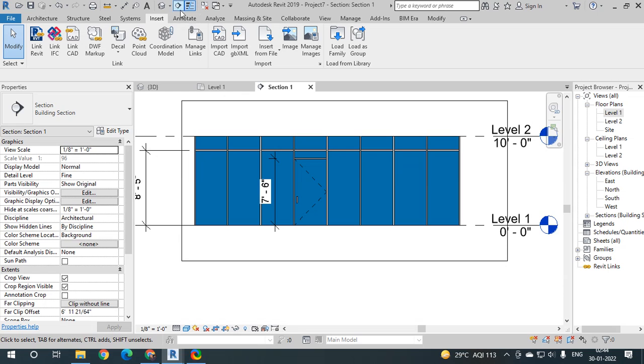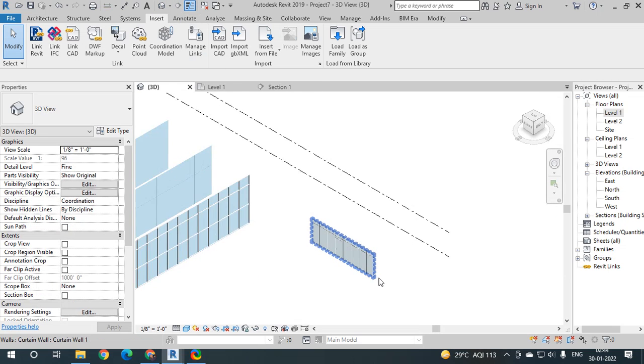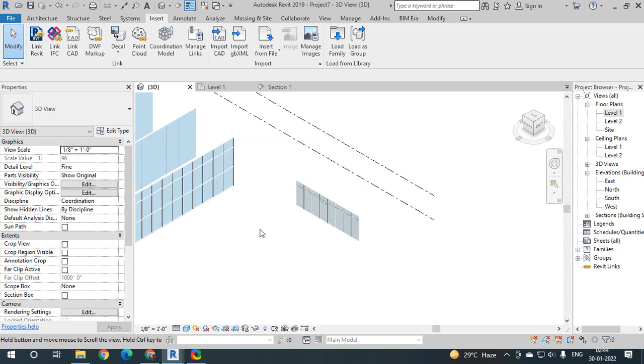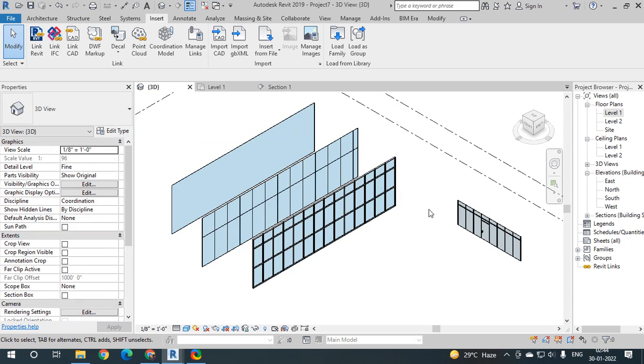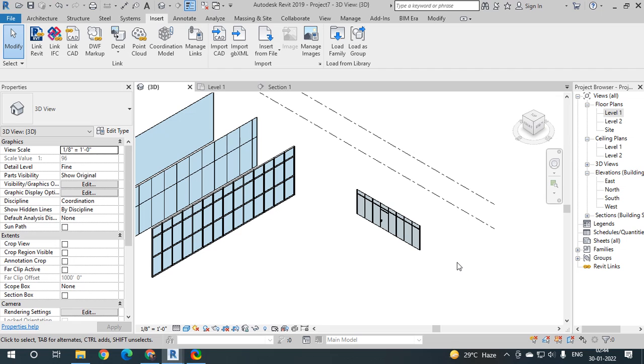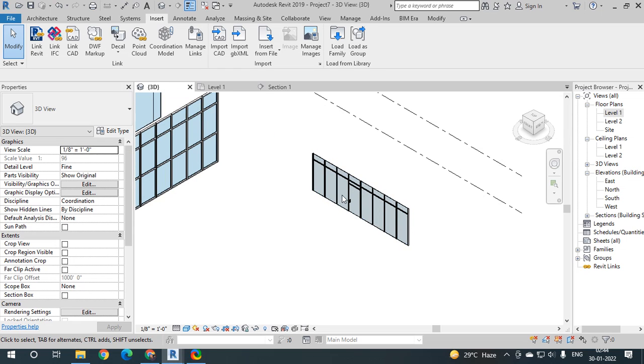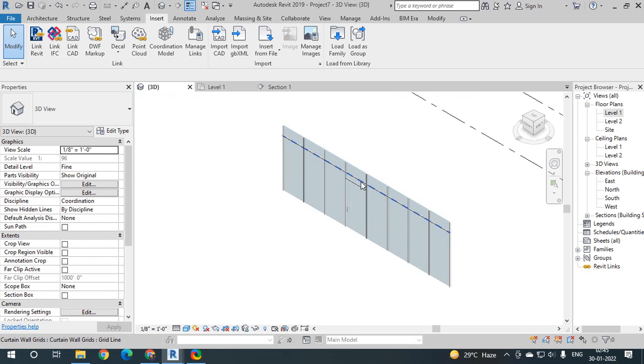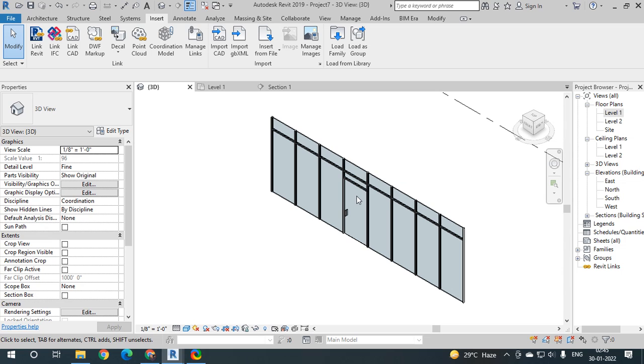So in this way we can place the curtain wall, curtain grids, mullions, and the curtain door also. We can make the curtain system of our own design, of our own choice. We don't have to use the default ones because they are not flexible options, but as per our project requirement, project dimension, we can use this curtain wall, curtain door, curtain grids and mullions, and whatever design we require, we can place it. Hope it will be useful to understand.